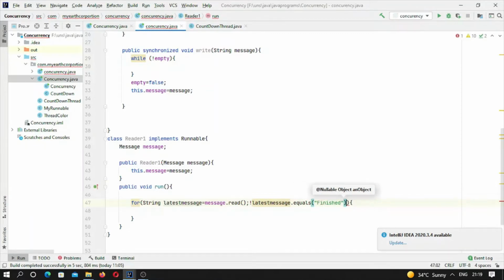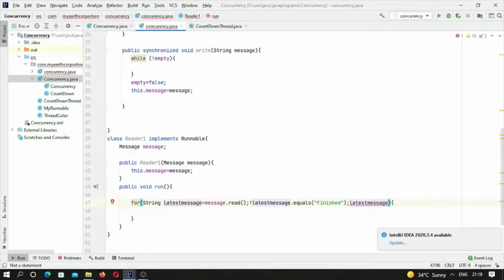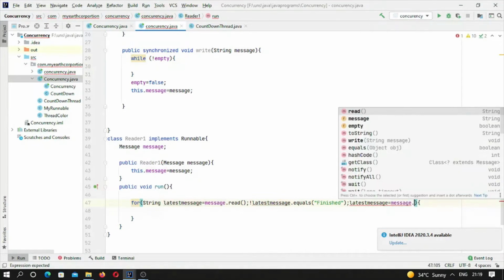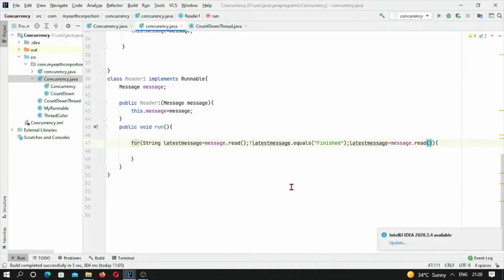Okay, so this will go up to this, and now once this condition is getting satisfied, latest message is assigned message dot read. Okay, so this is a for loop, and in this for loop, what we have to do, we have to create, and as soon as this will, here we have to